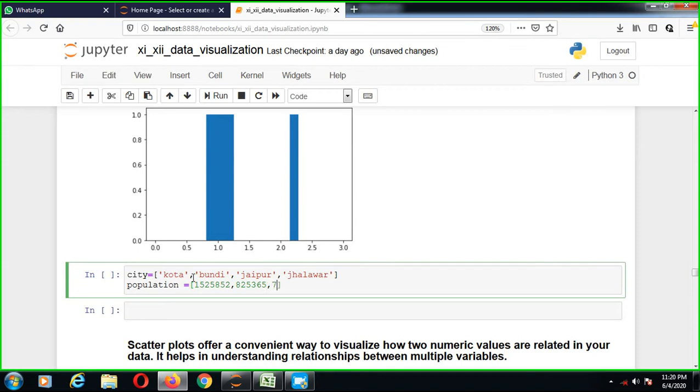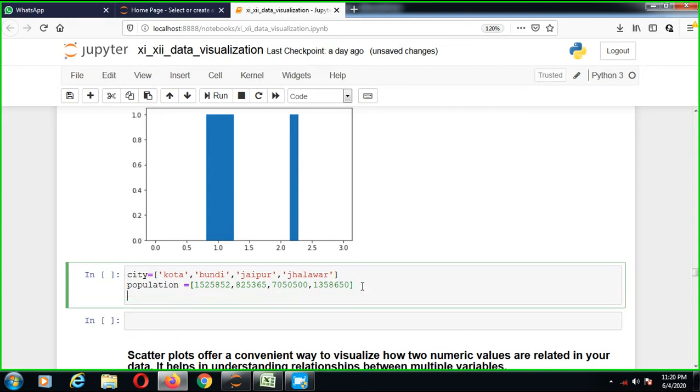Now Jaipur 70,50,500, Jhalawar 13,58,650. So we have mentioned the population of 4 cities.